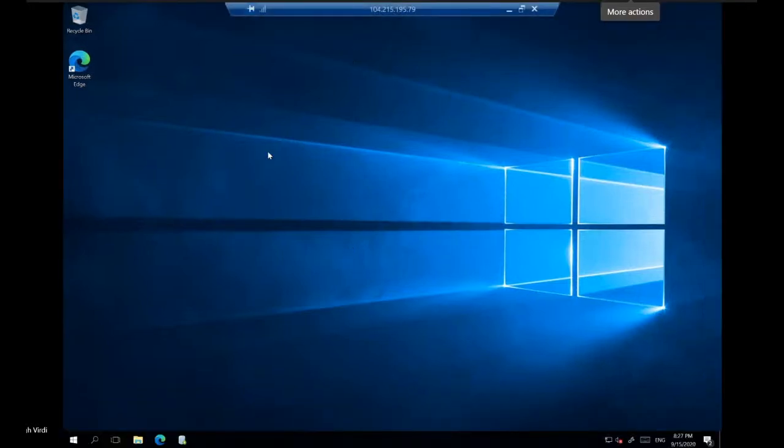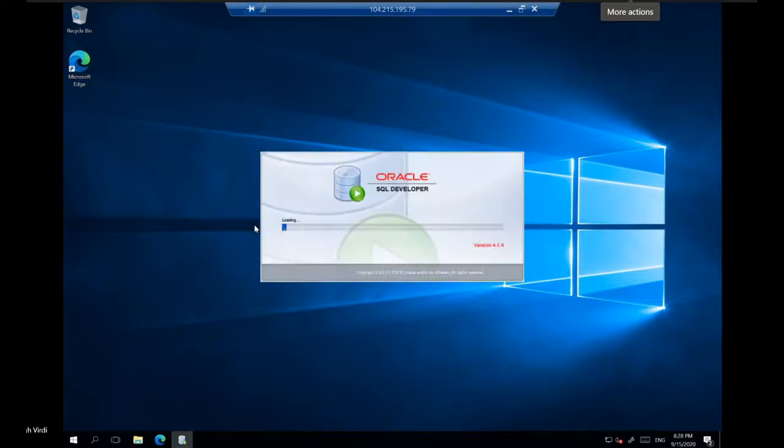So this is my VM, which is hosted in the database subnet, and this has Oracle installed in it. If you see here, I'm using SQL Developer to connect to my Oracle instance. I'm sorry, guys, I should have prevented it from shutting down because I will have to start from zero now.